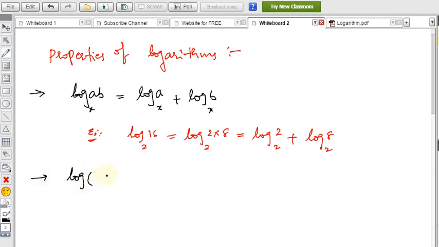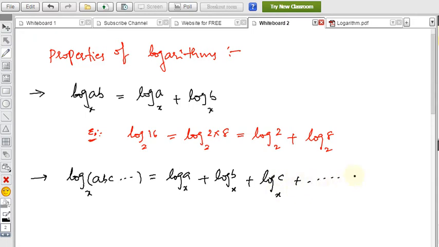Like log a, b, c, and so on to the base x. So you can write log a to the base x plus log b to the base x plus log c to the base x plus so on. Next,